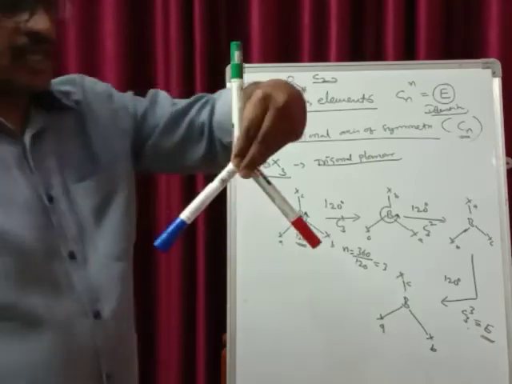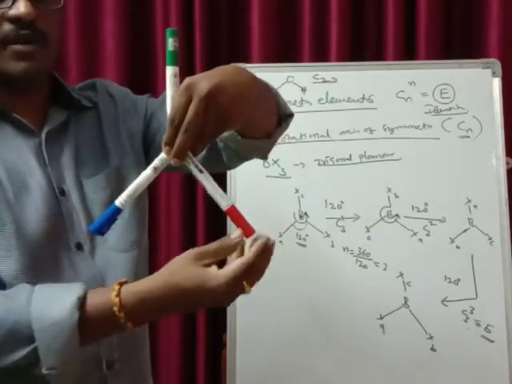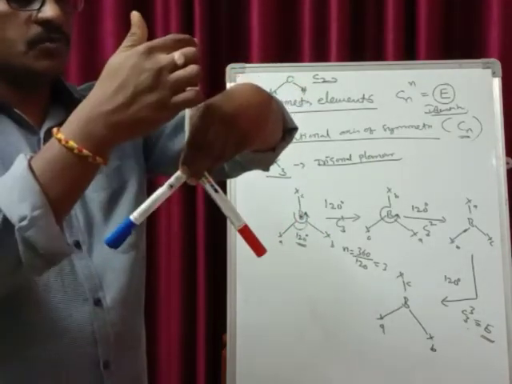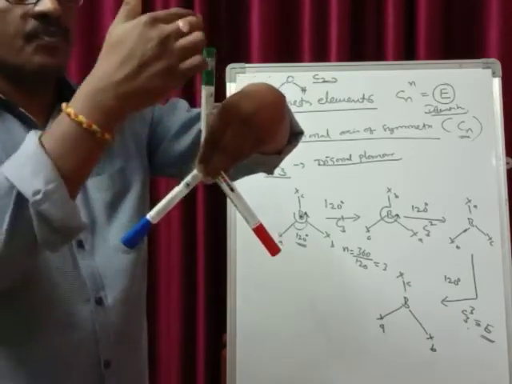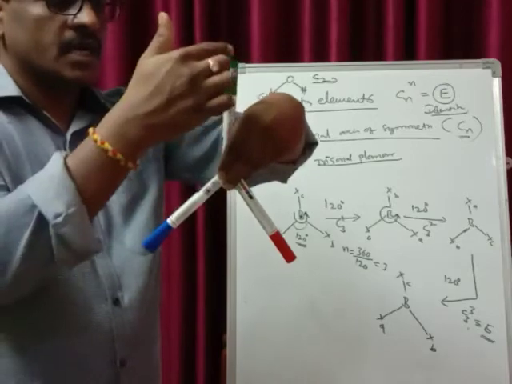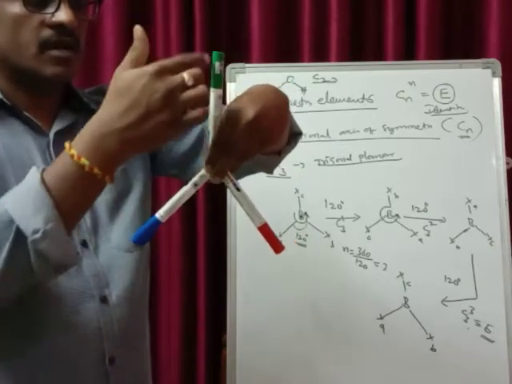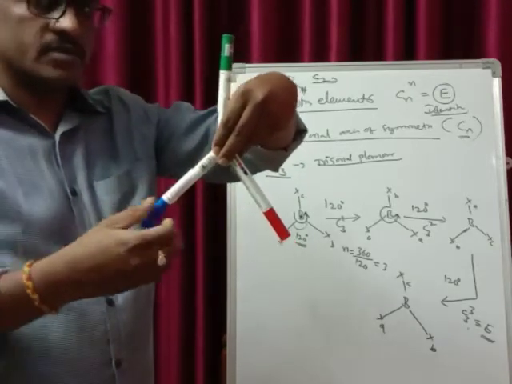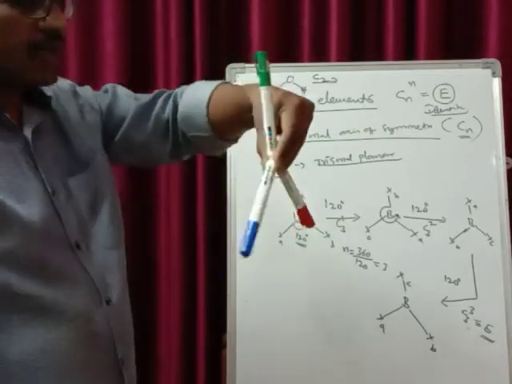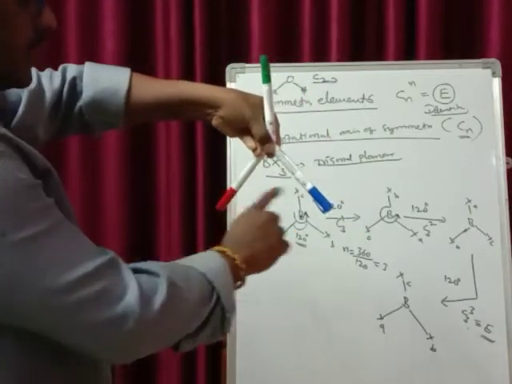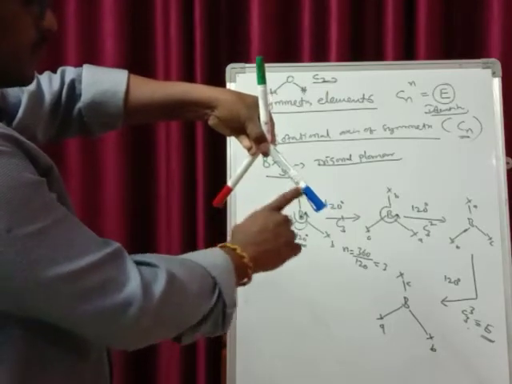On rotation, the positions of these two X atoms will be changing. The positions of the boron and the X atom don't change because they are along the axis. Their center of gravity should not change, therefore they remain constant along this axis. The positions of these two X atoms will be changing. I am rotating along this axis by 180 degrees, therefore you can see the change in the position.